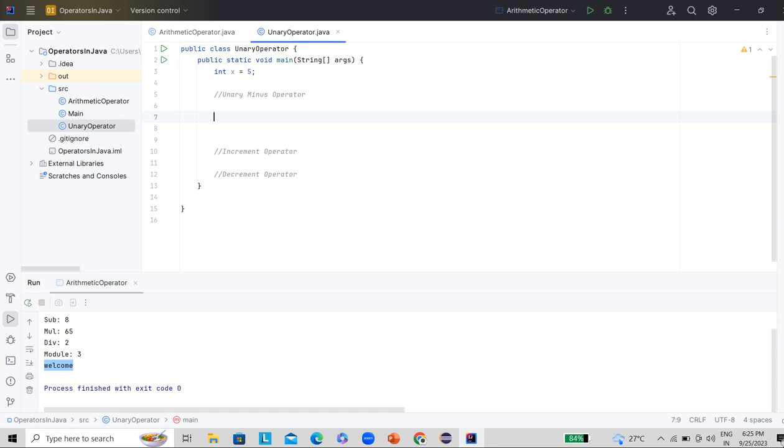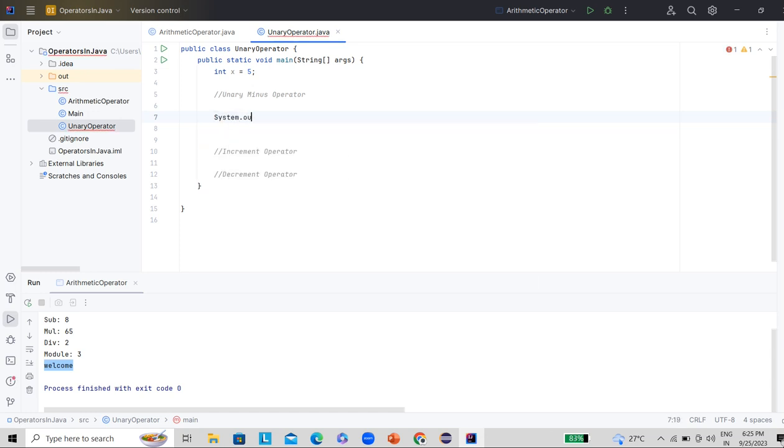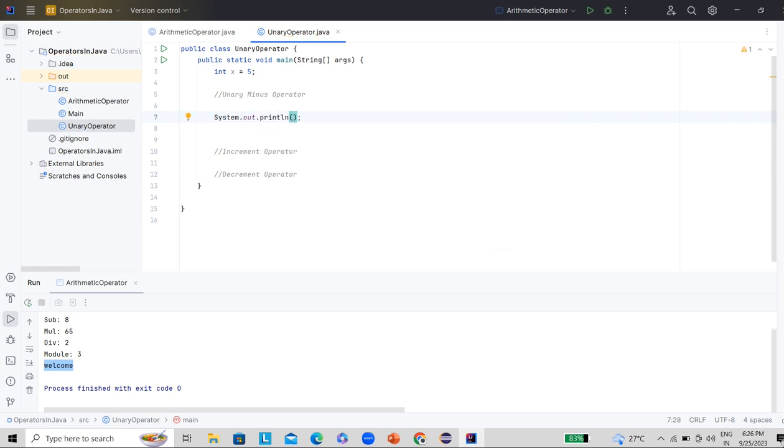So let's type System.out.println. The symbol of the unary minus operator is minus, like a hyphen. So what would be the output here? This will become -5.